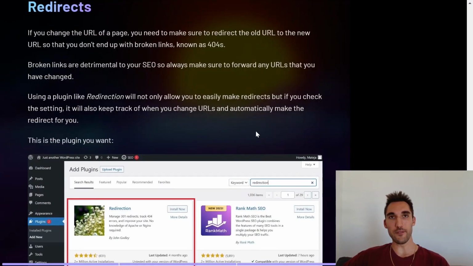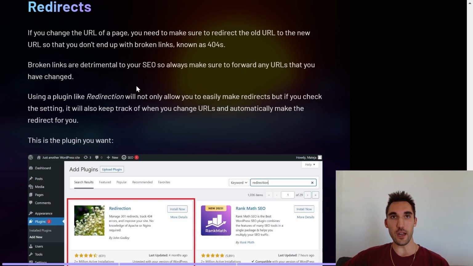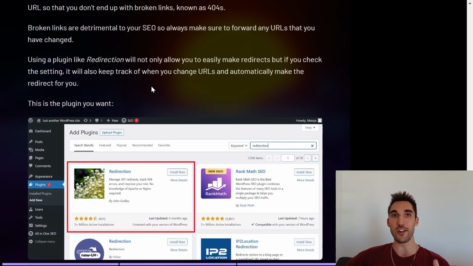Now that you have edited the URL, this leads me to the next one, which is redirect. So with the redirect, if you change the URL of the page, you need to make sure that you redirect the old URL to the new URL so that you don't end up with a broken link, which is known as a 404. Broken links are actually detrimental to your SEO, so you need to make sure that you forward any URLs that you have changed, especially if that page was ranking in Google, because what's going to happen is